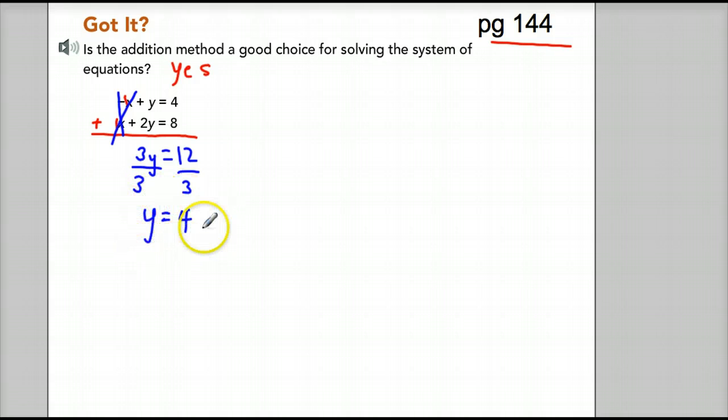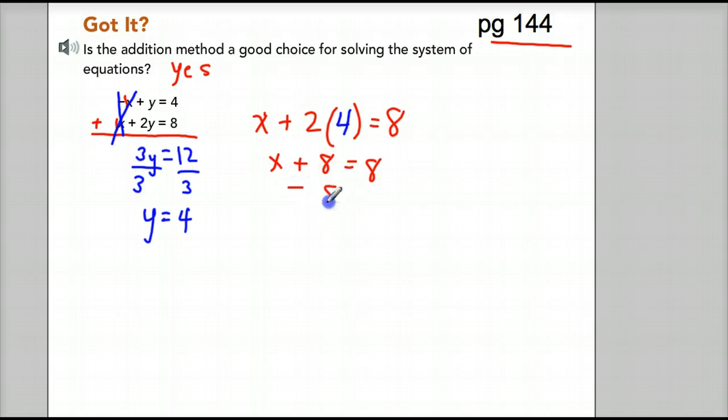So we've just solved for our first variable. Now what we do with this is we substitute this back into one of our original equations and we solve for x. So I would say we should do the second equation because it doesn't have a negative x. So I'm going to put x plus 2, and instead of y, I'm going to write 4 because y equals 4, equals 8. So we get x plus 8 equals 8, minus 8 from both sides, and we get x